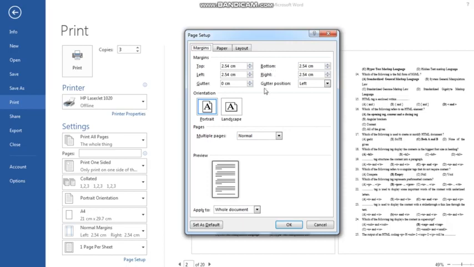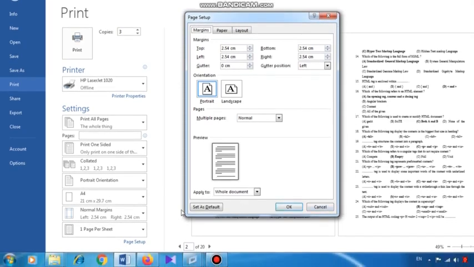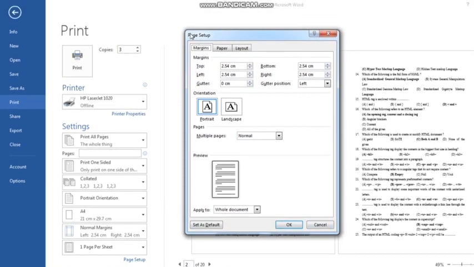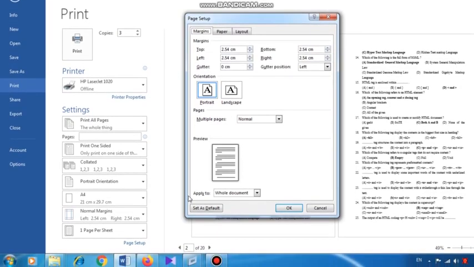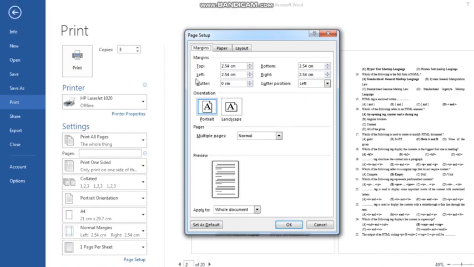Then comes the gutter position. Now you may be surprised to hear the word gutter. What does gutter mean? If you observe your textbook or any book, for example, this is the page of your textbook, then on the left hand side the book binding is done, in which pins are put here and here, two-sided.